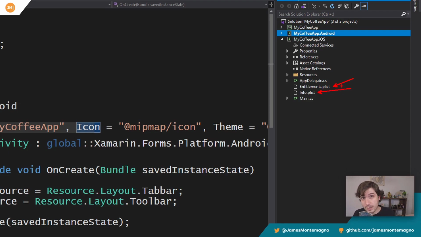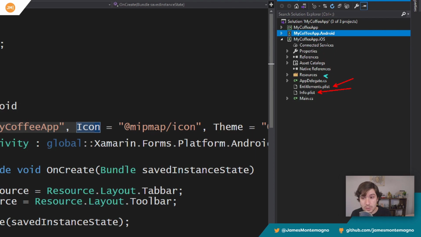The Info.plist is very similar to the Android manifest. It describes the application at a higher level than Android, but it has important information in there. And then the entitlements we'll talk about here too, but entitlements are a little bit further of a scenario. So if you need to use something like HealthKit or push notifications, entitlements are something that you're negotiating with the Apple App Store. Now, there's really not too much else you need to know.